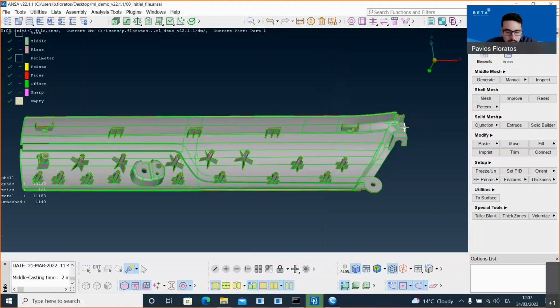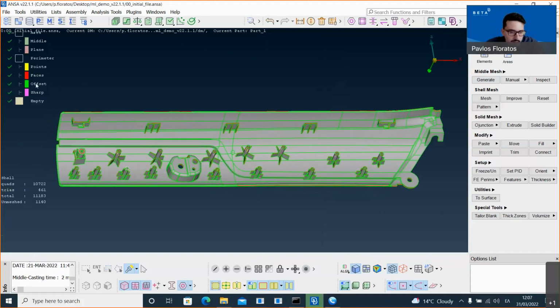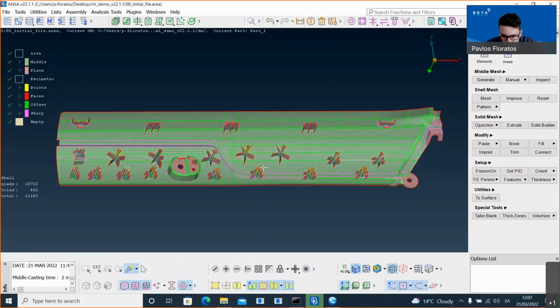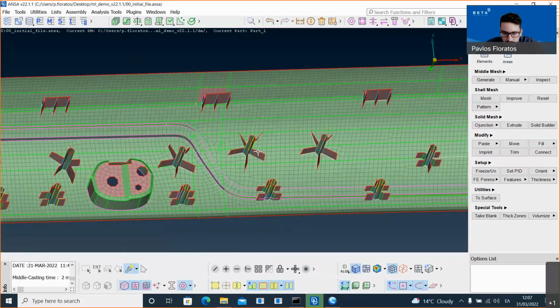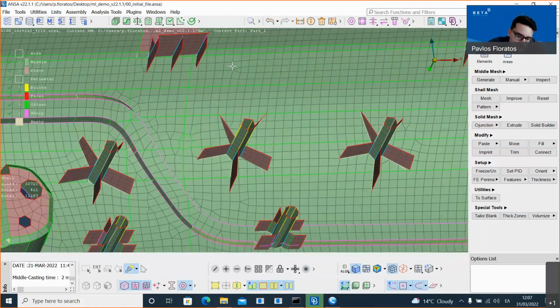Yes. Now casting is ready, let's say, and I see here the result that I got after casting. So this is a very nice result. Casting gave me the result on the main body of the part, and for the clips, an already fixed representation that exists in DM is used.